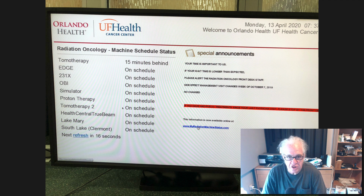Not that any of these machines are different necessarily, but once we have our schedules, all these people are on 7 weeks or similar, so they come every day. So in any event, I come in, I scan my barcode, and that's it. I just sit down and they call me and they're on schedule. And apparently I can see this on radiationmachinestatus.com as well. So this is a thing. I don't have to go to a desk or anything. I just walk in, scan my barcode, see that they're on schedule, and I'll be confident that at 10:30 they're going